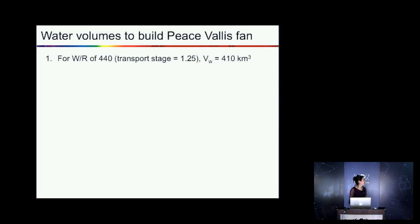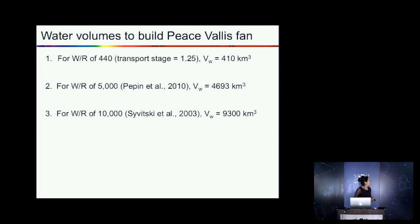where we have a hose and we're blasting a pile of sediment for as long as it takes to get our fan built, we would need about 400 cubic kilometers of water. If we use this number from Pepin, perhaps a more realistic terrestrial analog to the Peace Vallis fan, we would need about 5,000 cubic kilometers of water. And if we do the average for the terrestrial rivers of the world, we would need about 9,000